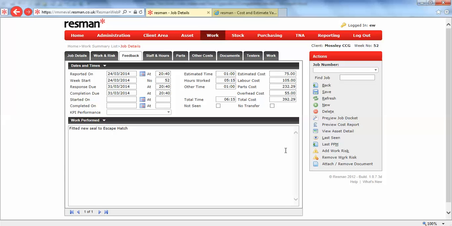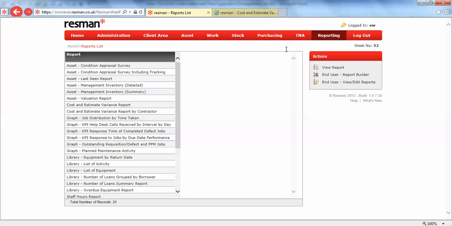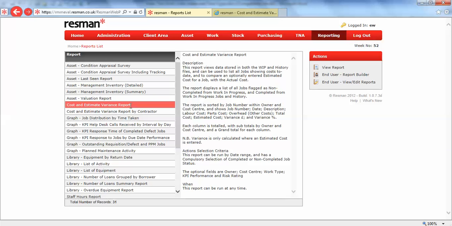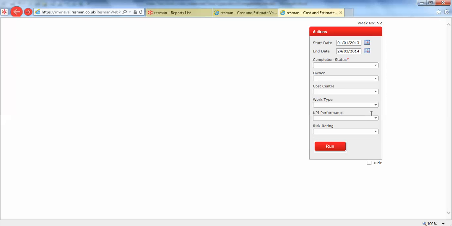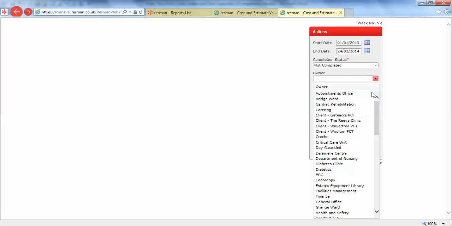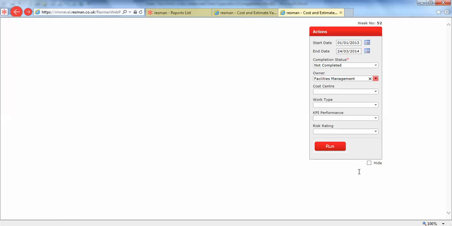But just before we finish, if I could mention that these costs are reflected in reporting. So if I look at one particular report, the cost estimate report, we've got some dates already set. If I set the completion status as not complete, our owner as the facilities management department, and I run the report,